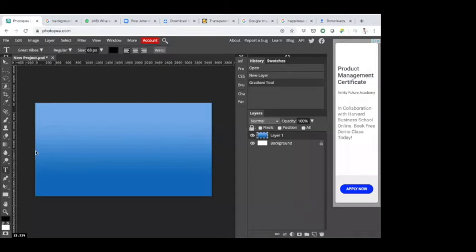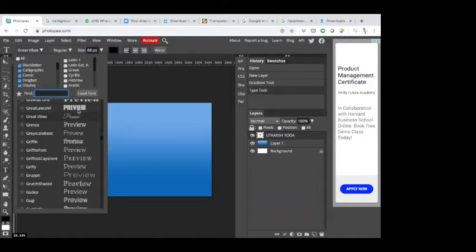So for writing Utkarsh Yoga, click on the type tool and click on the document and hit caps lock and then type Utkarsh, click enter and then Yoga. All right. Now the font is some weird font. Let me try to change that.